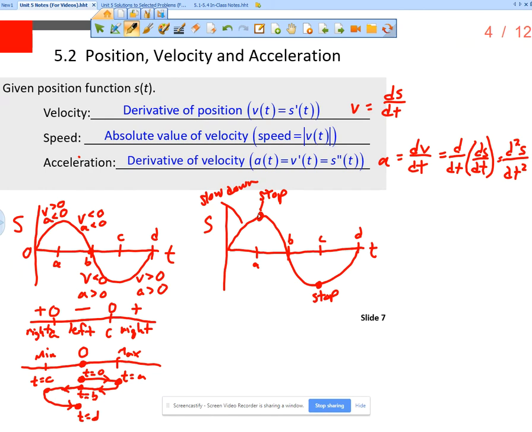Now, if you stopped and then you were in motion again, what do you have to do? Well, you have to speed up. So you were slowing down and then you were speeding up. Now, at B, you stop speeding up and then you start slowing down again. How do you know I slowed down? Well, because at C, I'm going to stop, so I must be slowing down. That's the logical progression. But then after I stop at C, in order to start moving again, I must speed up. Okay. Now, some of you are like, well, I'm not so sure. So let's examine